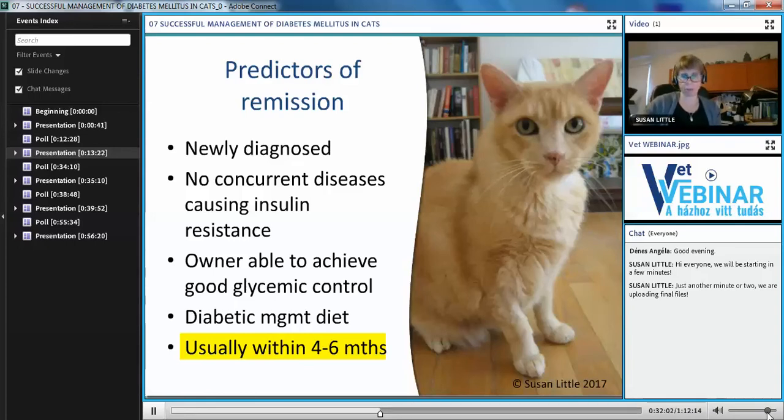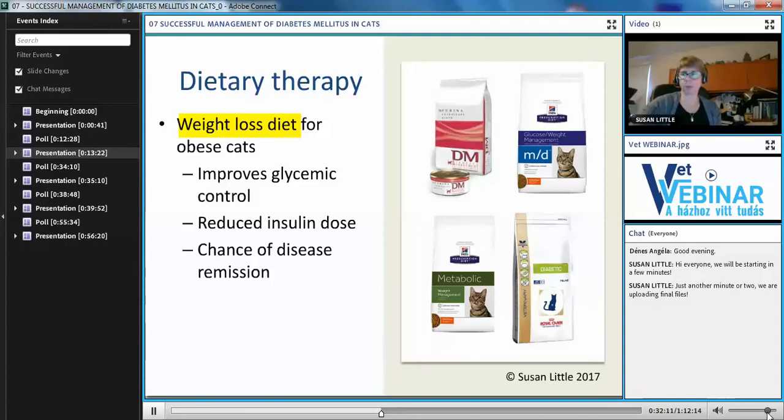I think that's an important point for owners to know. So let's talk a little bit about dietary therapy first. And I think about this in two types of diets. So if the cat is still obese, because most cats that develop diabetes at least were obese, they may have